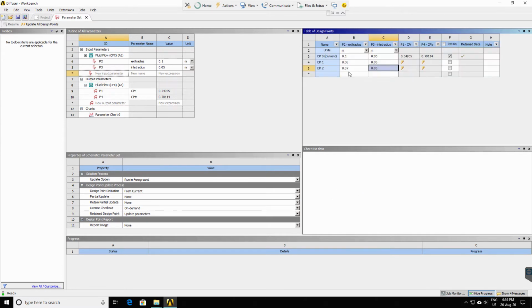So we will put a number of design points. So this will give us a number of input parameters to get a parametric performance report of this diffuser. So 0.11, we need not go for 0.1 because it's the design point 0.